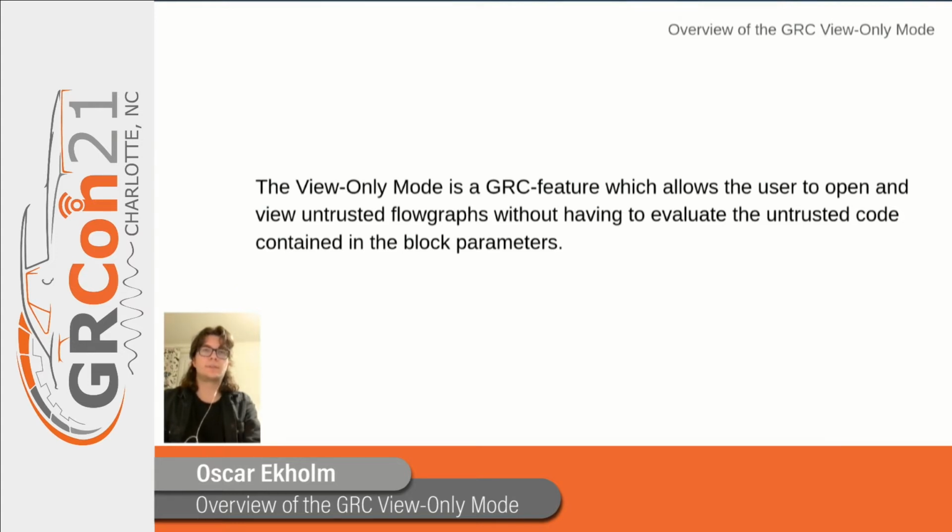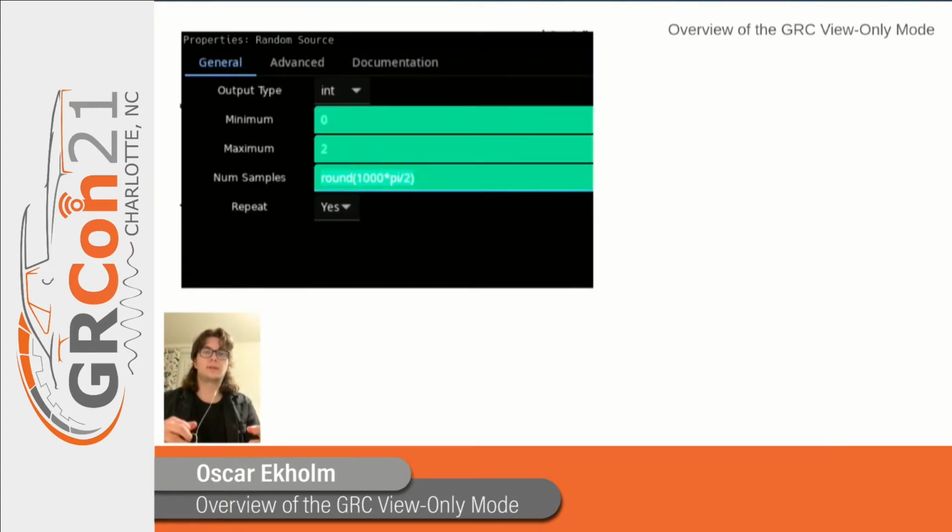So, you might be familiar with block parameters actually being Python expressions. So, in this block parameter window we can input some Python code and have the GRC evaluate that, which is a nice feature to have since it allows us to have some parameters which dynamically depend on some outside factor. And in this specific example, it's simply convenient to just input the calculation and have the GRC actually